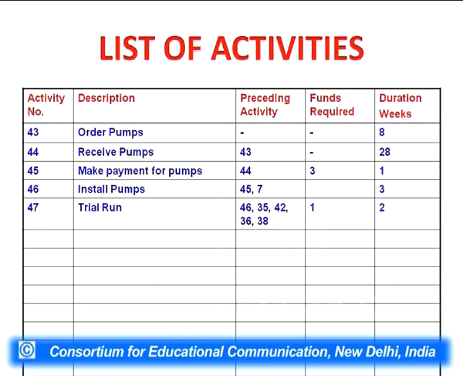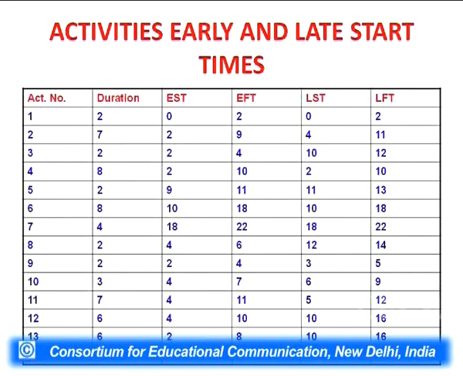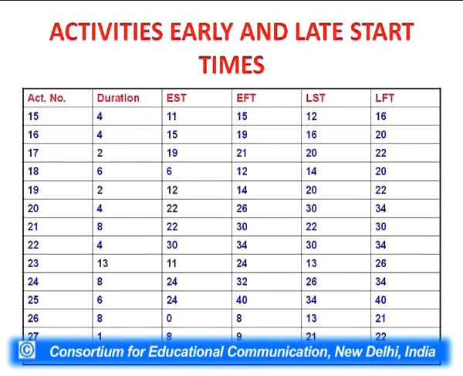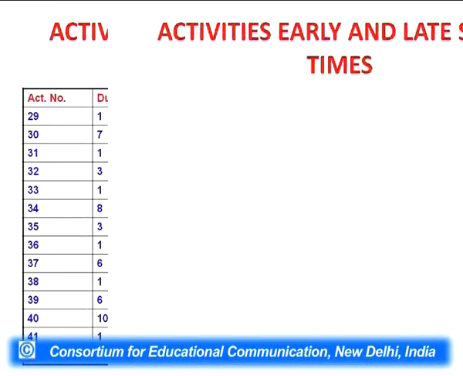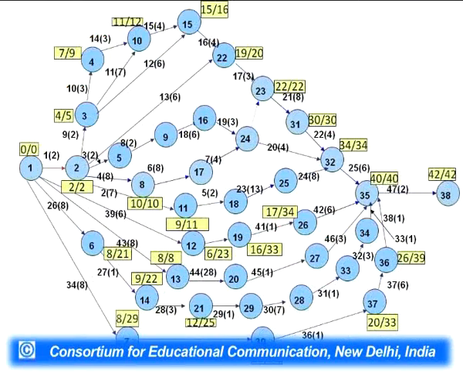Based on this information, a PERT diagram was made. And activity early start, late start times are also calculated like this. Early start time, early finish time, late start time, late finish times are calculated depending upon the duration of the project. So there were a total of 47 activities, and for 47 activities this information was written. Then a PERT was prepared, and this is the specimen of that particular project, which was drawn manually.